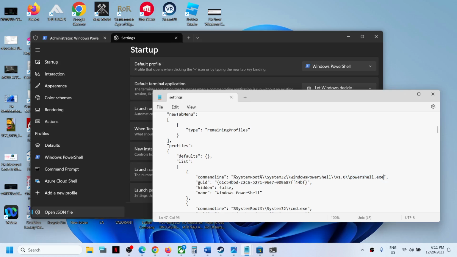Now after exe, make sure that you take your cursor after exe and then give one space, only one space, and then type in dash no logo. So it's PowerShell.exe, one space and then dash no logo, and then go to file, click on save